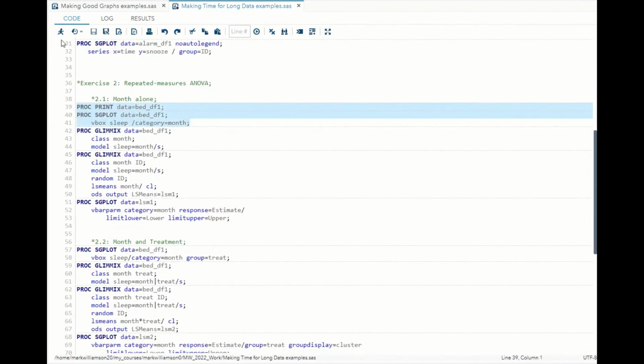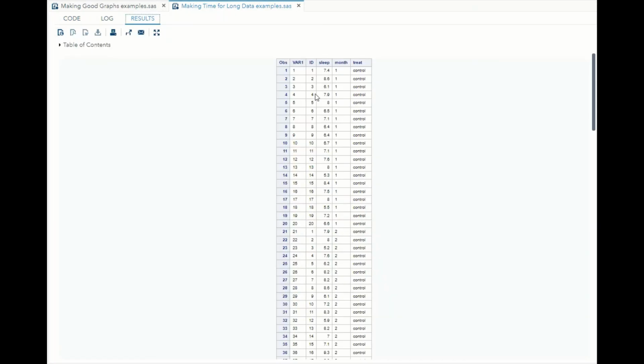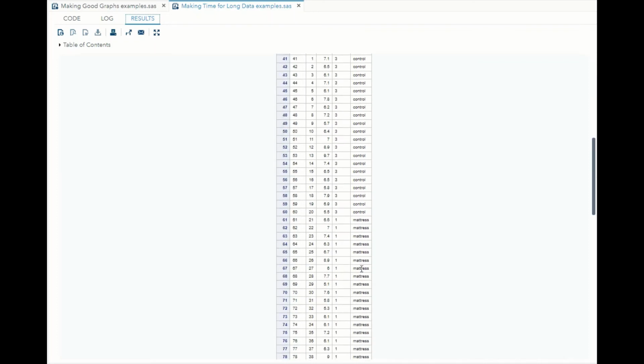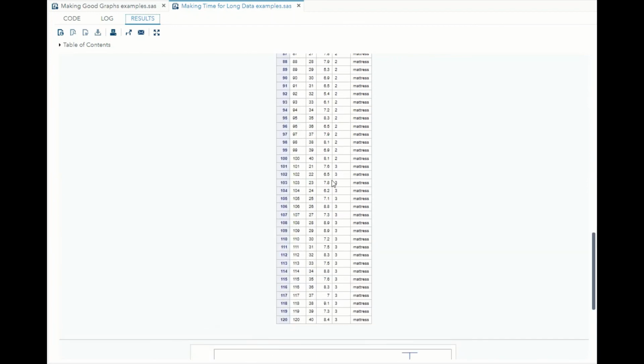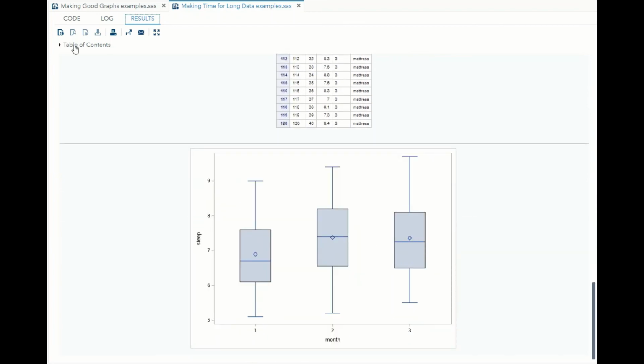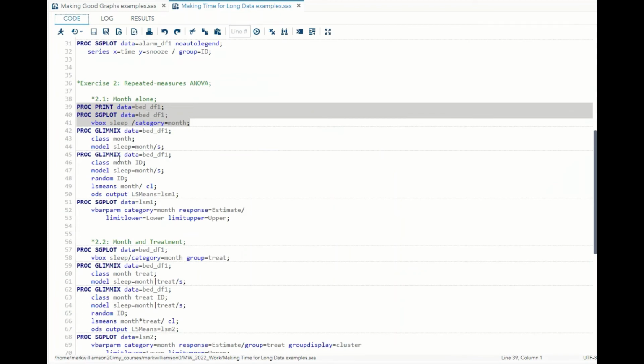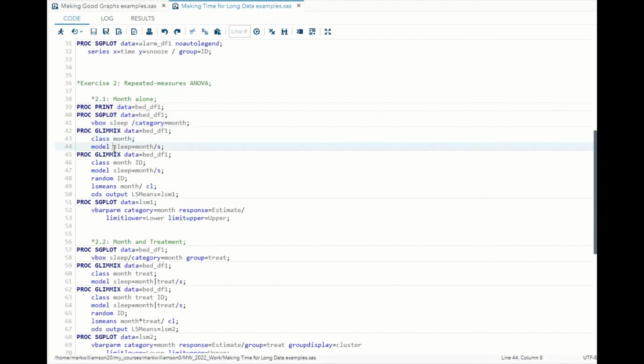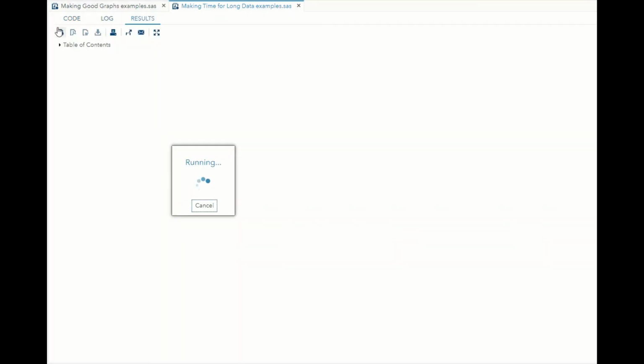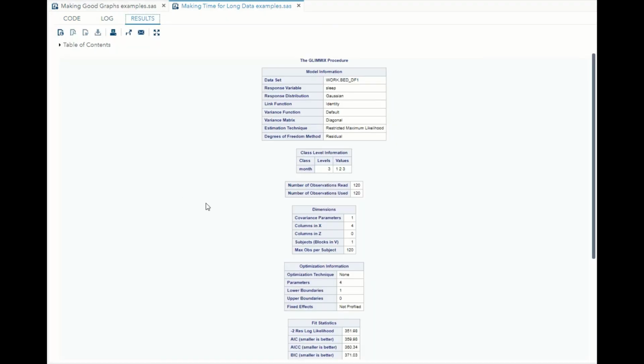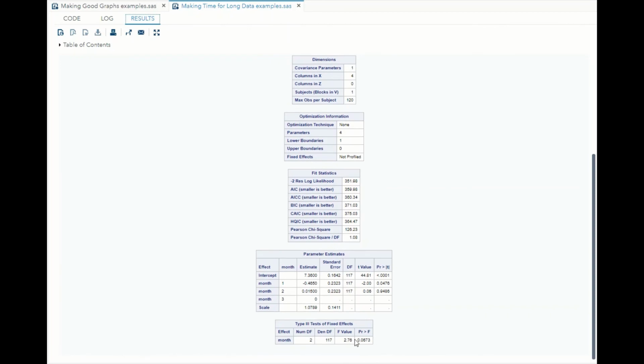Just to remind ourselves what we're looking at here, we have our bed data set, which is an ID, that's the individuals, the amount of sleep in hours, month, and treatment, control versus mattress. So we're just going to look at month to start with. So our month is going to be 1, 2, and 3. And to make sure SAS knows that our month is going to be a category, we're going to use this class statement of month, and then our model is sleep as a function of month. What we find here, not including our repeated measures, so just doing a linear model, this was not quite significant